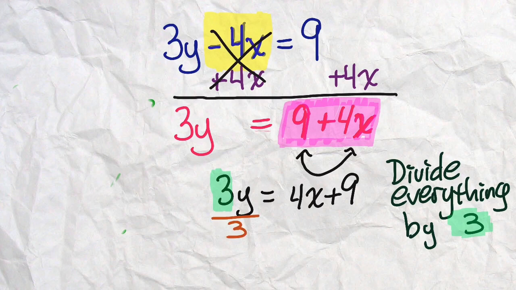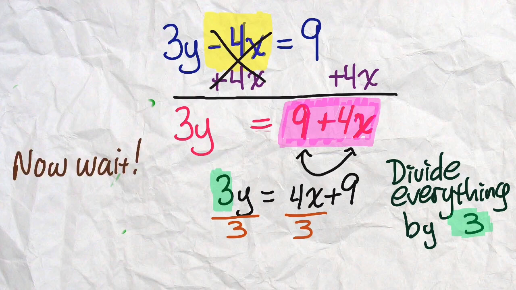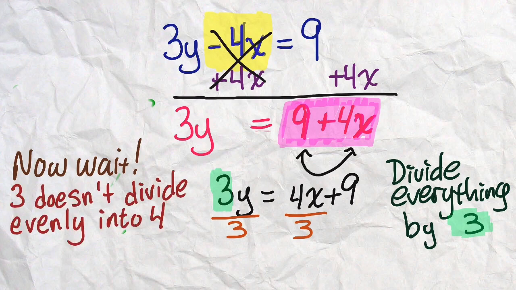this case is 3. 3y gets divided by 3, but so does everything else. I'm also going to divide the 4x by 3, and I'm also going to divide the 9 by 3. But hold on. 4 can't be divided evenly by 3. 3 doesn't divide evenly into 4. So what is it that I'm going to do